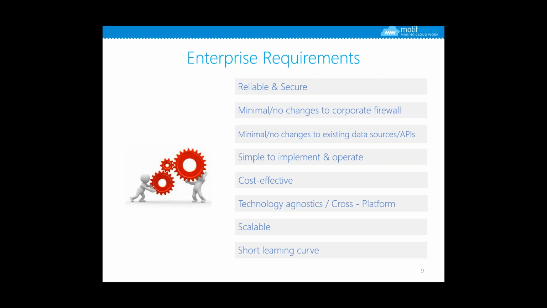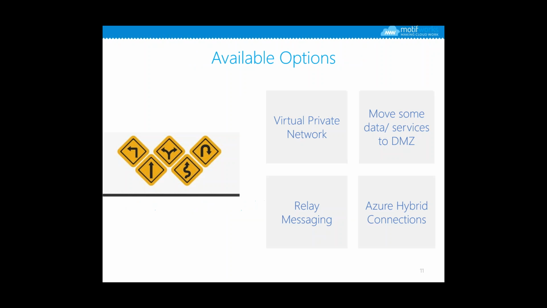So these are the usual enterprise requirements which we get around the solution that we propose for letting external services connect to their on-premise data sources. With that, let's discuss a few of the connectivity options that enterprises usually have. One of the solutions that people usually come up with is setting up a virtual private network, whether it is through Azure or through their own data center, connecting to their partner data centers. That is one solution that people usually come up with, and it's very complex to set up.